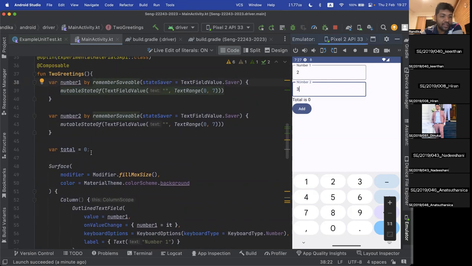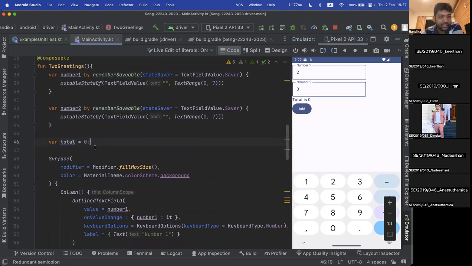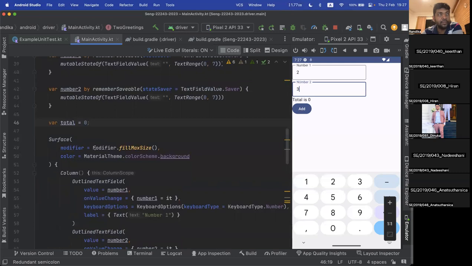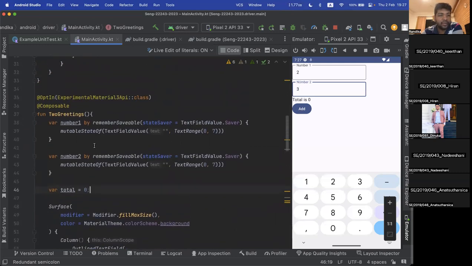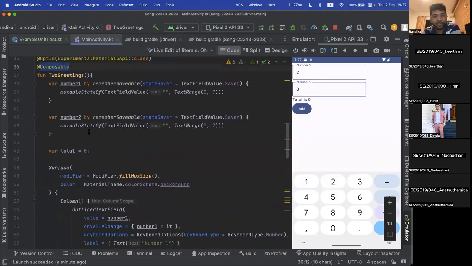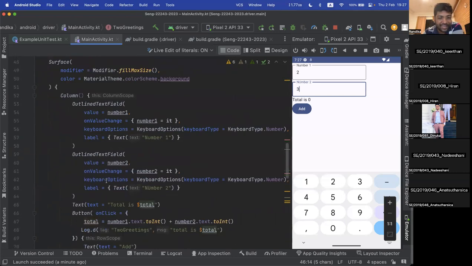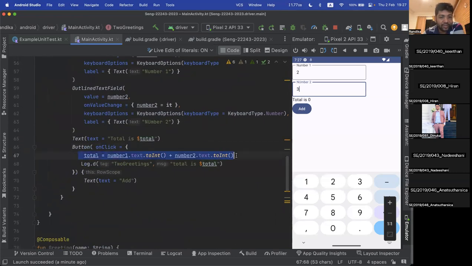when we define a variable like this in our compose scope, what happens is this is what we call immutable. Okay, immutable in the sense we no longer want this to be changed. So even though we assign the total and everything in here, it does not get reflected in this UI lifecycle. Okay, so unless we do something